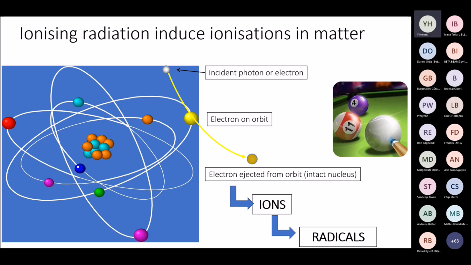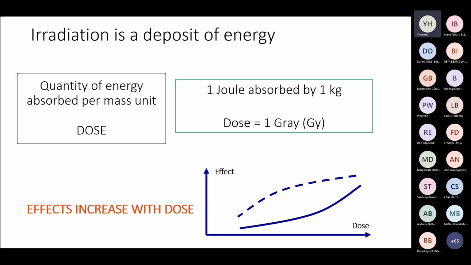At that point, the electron that is ejected will go very much like the balls on a pool table, kick other electrons and interact with matter, so forming ions, and these ions will give birth to radicals. Radicals are very reactive species, and they are responsible for the chemical rearrangements that will later occur. I think you know by now, if you attended the previous webinars or if you've been in this business,